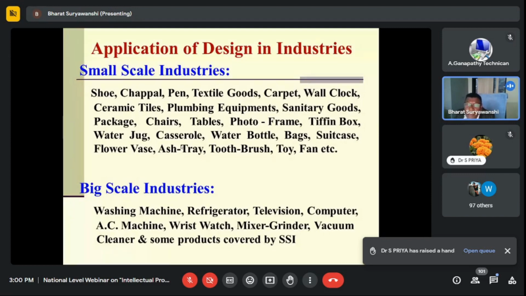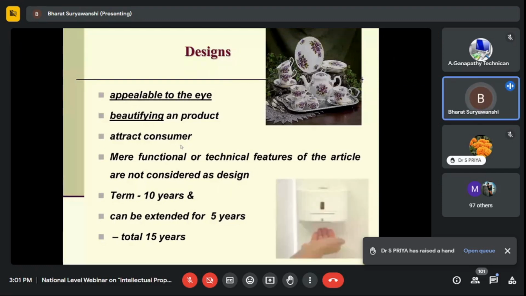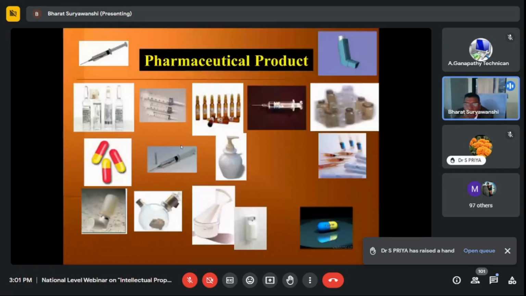You can check if you are having a Dell computer, different design, Samsung, different design. If you're having a Sony TV, I'm having Samsung, both the designs are different. I'm having a Timex watch, you might have a Titan watch, the design may be different. So check the designs. Even set of articles, very beautiful. Term is 10 years, you can get 5 more years. Sanitizing machine design. If you go to the pharma field, you can see ampoules, capsules,